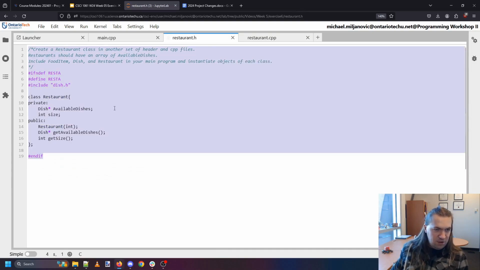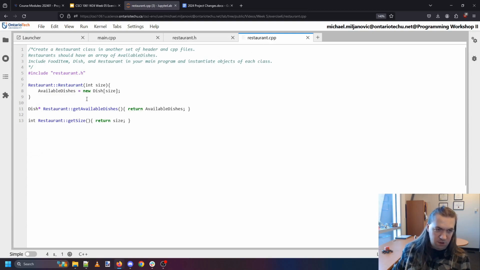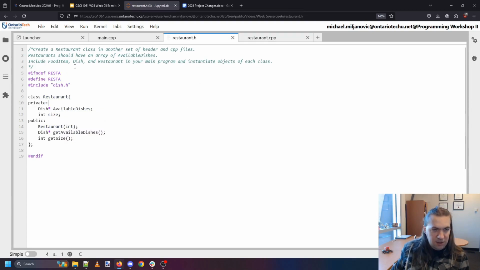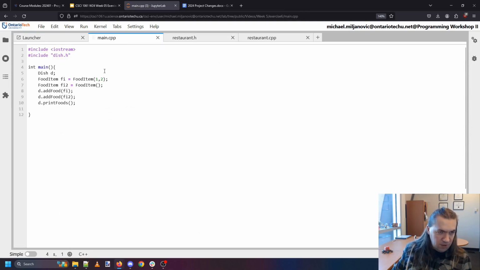So I got my restaurant. Here's what a restaurant looks like. Here's the code for the restaurant, which is nice and short. And I need to make sure I can make objects of all these kinds in my main function. So in here, I want to make a